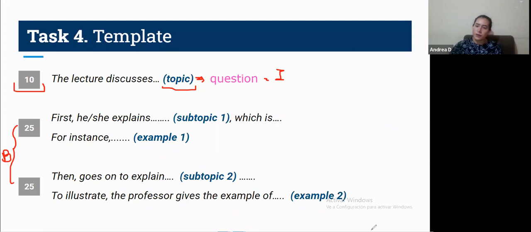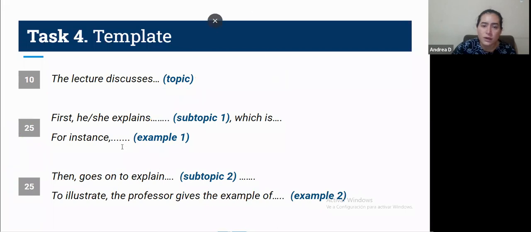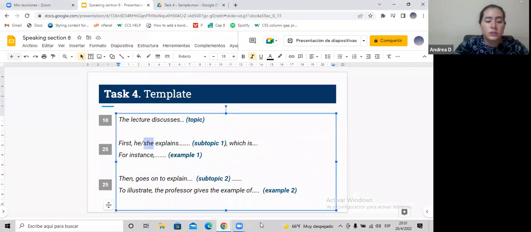Okay. Now for the body of your response, as you may guess, you just have to summarize the two subtopics and their examples. In the first 25 seconds of the body, so when you have 50 seconds left, you should be starting to explain the first subtopic. So you explain the first one. You say, first, remember everything is what we already saw. I'm sorry, there are some things that are wrong with the template. You should start with the professor because we don't know who he or she is. And here we're missing,